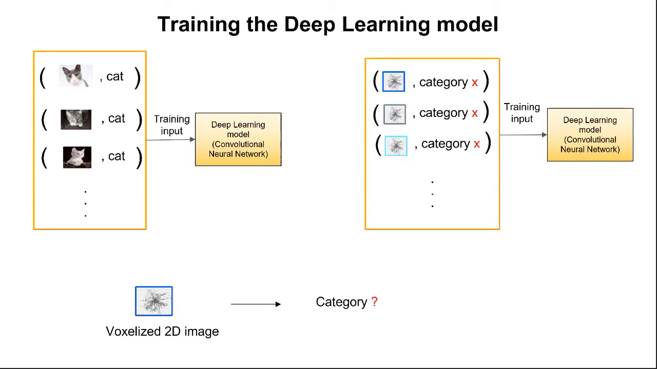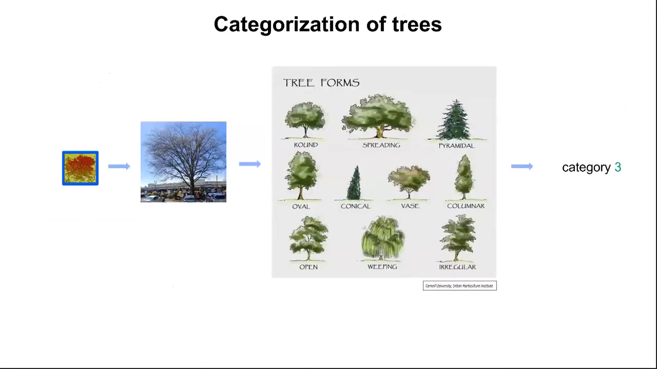If we look at the cat, we can say it is a cat. But if you look at the voxelized 2D image, how do we know the category? For this, we will be using Google Street View images. So we will individually segment each tree for training, and then we will also collect the Google Street View images